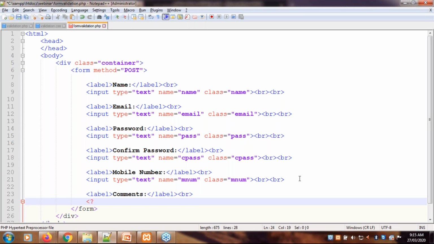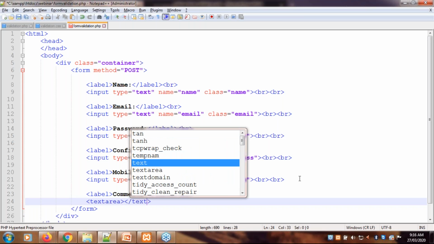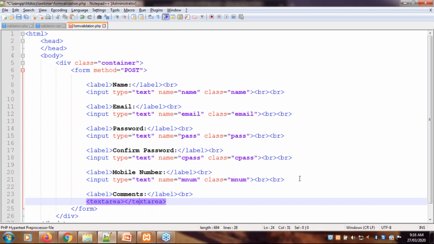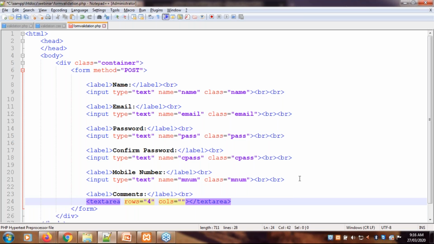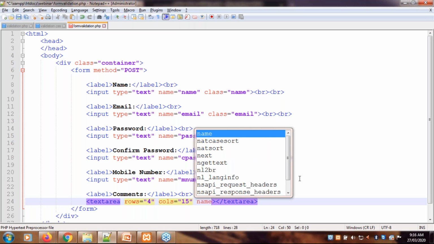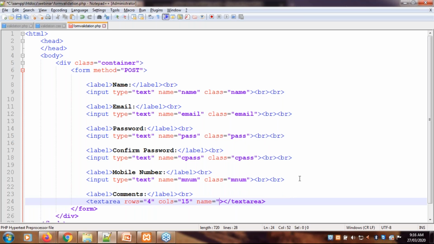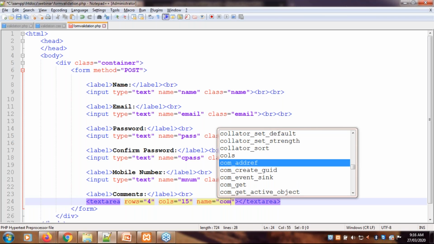For that we are using the text area tag, in which we have to provide number of rows and number of columns. Let's say I'm giving 15 columns, as well as we have to provide name for text area equals to comment.